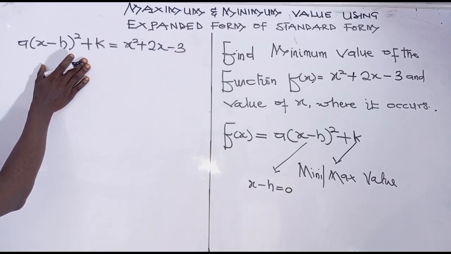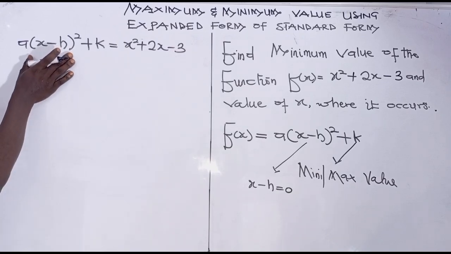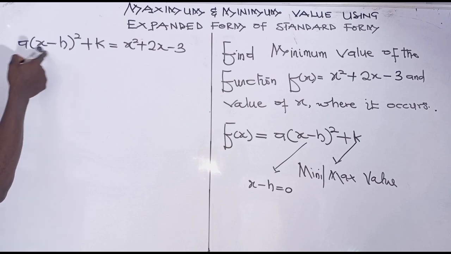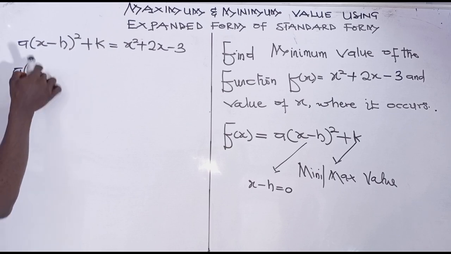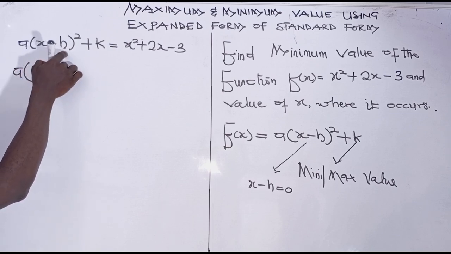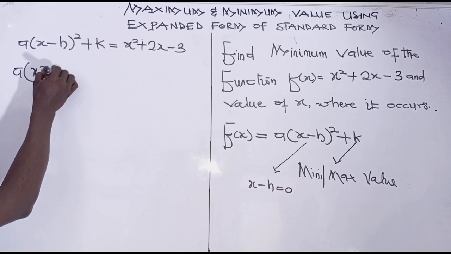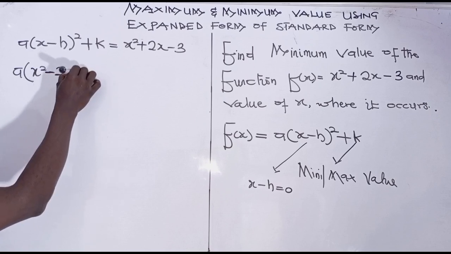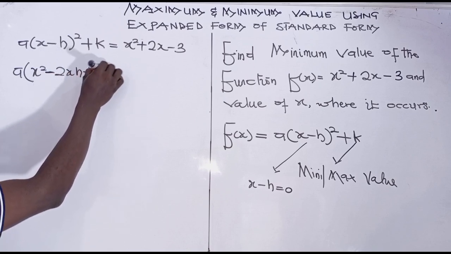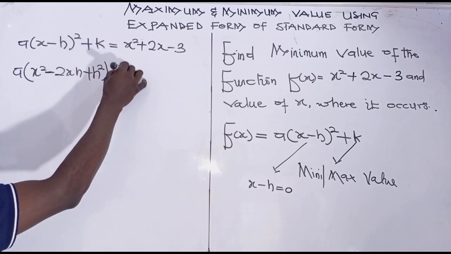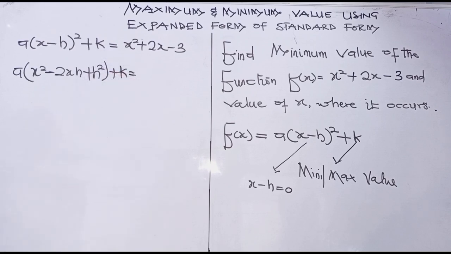Now once we have this, what we are going to do is to expand this part. So we are going to expand this. The expanded form of x minus h all squared is going to be x squared minus 2xh plus h squared. Then we have plus k is equal to,